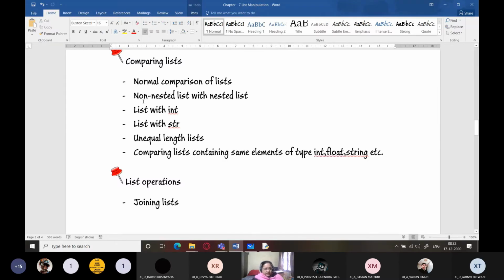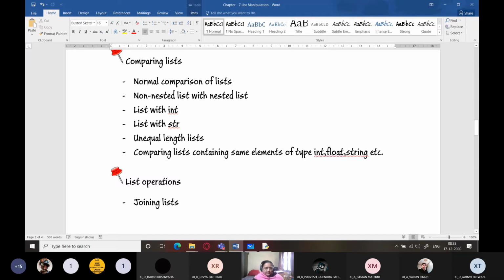So we have seen list comparisons with a nested list also. We have seen it with integer and string where we get an error. We have checked unequal length lists also. We have compared lists containing the same elements of type integer, float, string and all.